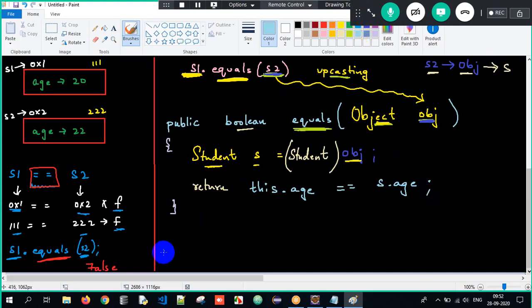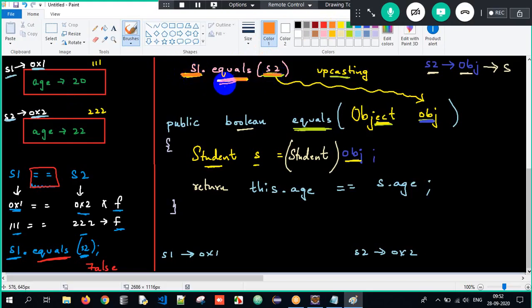See here, guys. S1 can be referred to as 0x1. Do you all agree? And S2 can be referred to as 0x2, correct? Now when I say S1 dot equals S2, S1 is getting compared with S2.